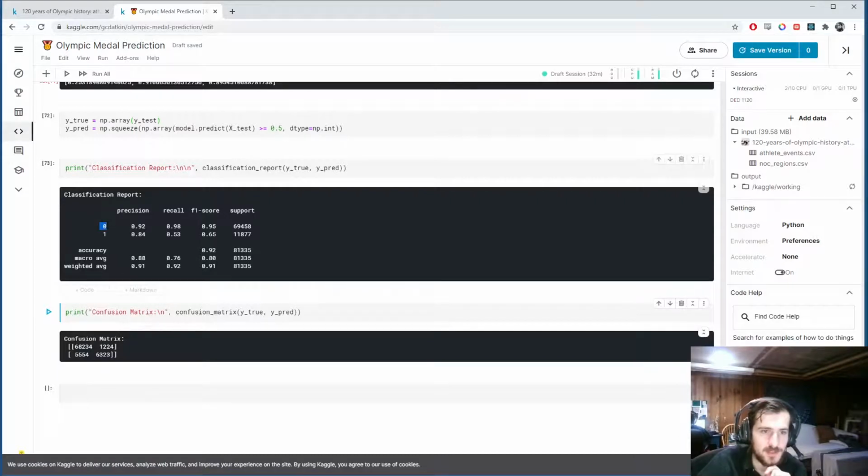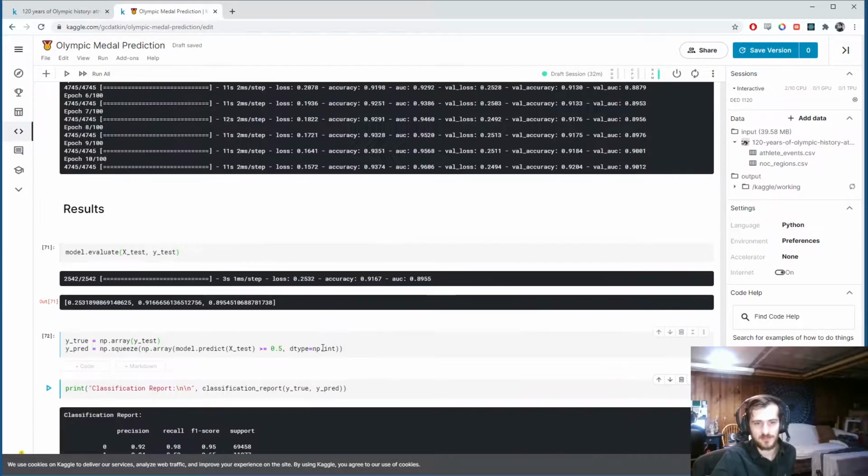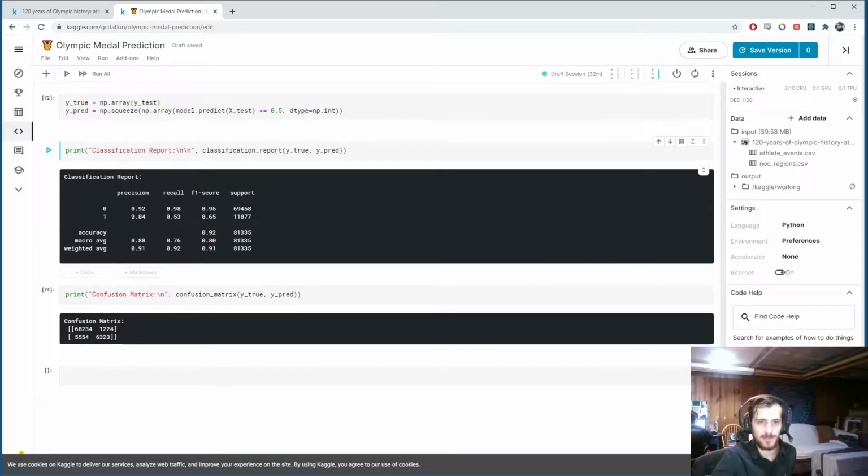You can see in the negative class, which was the much more populous class, we have extremely high scores, which is to be expected, since so many of the examples were negative. But then the other 14.7% were positive, and you can see the scores are slightly lower,